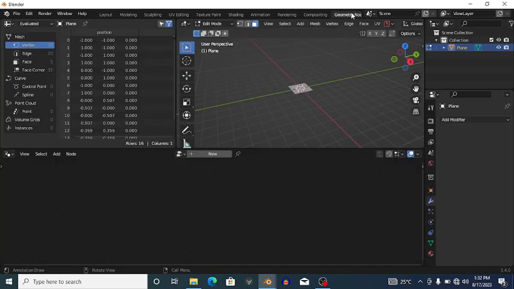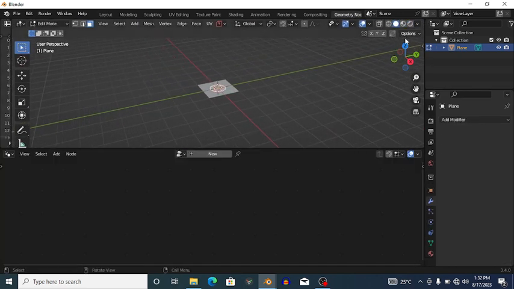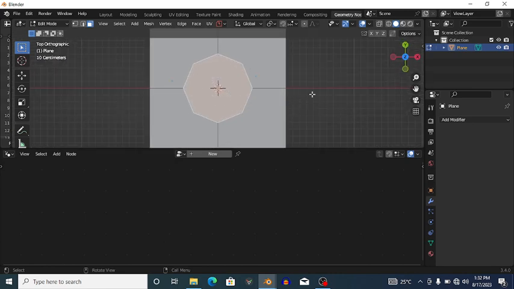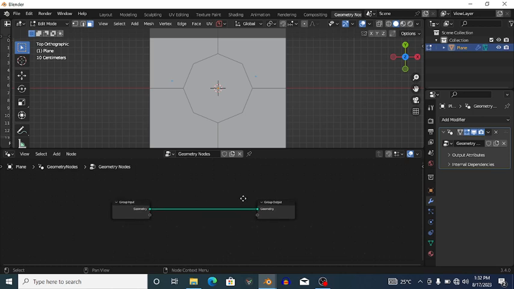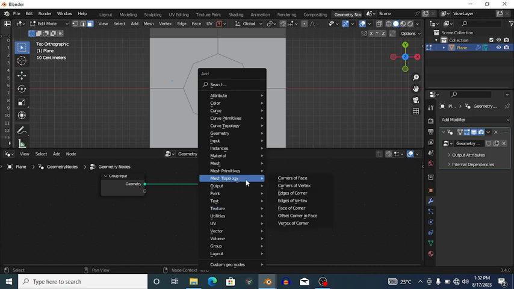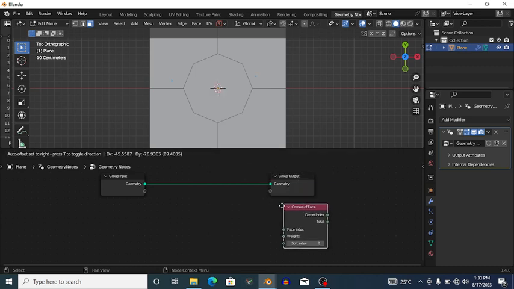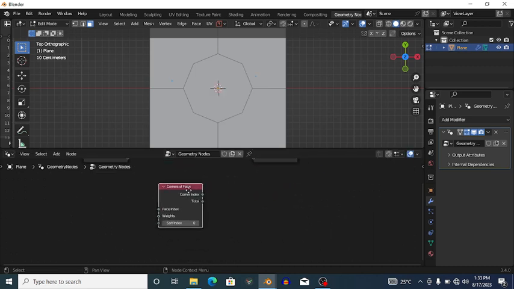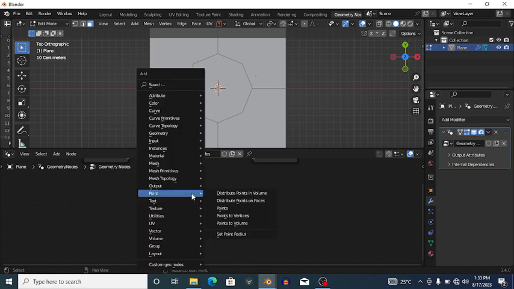So let's go to the geometry nodes. Let me just reduce this spreadsheet window and move it here and click on the new. So first thing, I might not even touch these nodes. I'm just going to add this, go to the mesh topology, and we have all these nodes. So let me just add them each one by one. We have the corner,